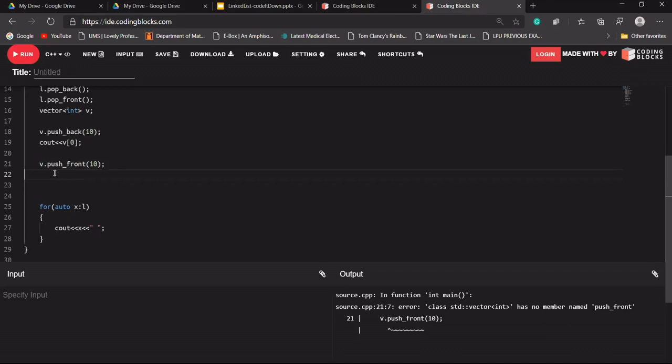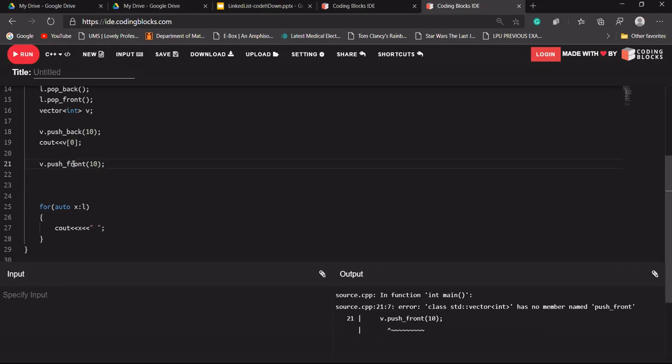But in the list, these are not contiguous spaces, it's not stored in contiguous memory, so we can add that at the front of our linked list. So as you were saying, Shrey, there are functions supported in list that will not be supported with vector also.